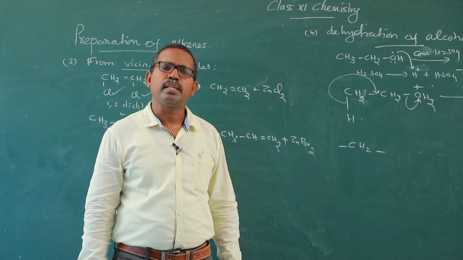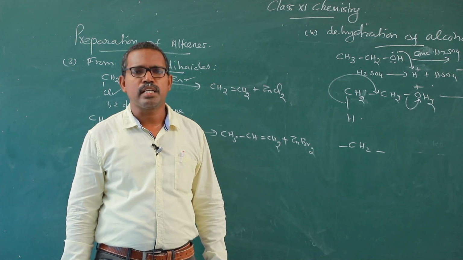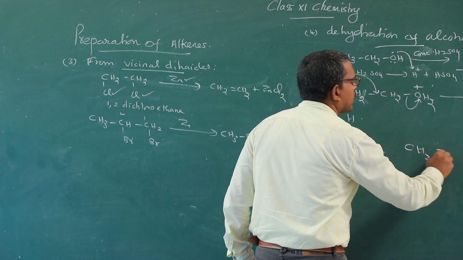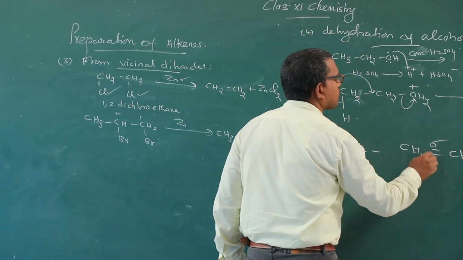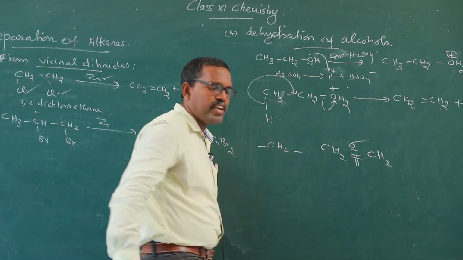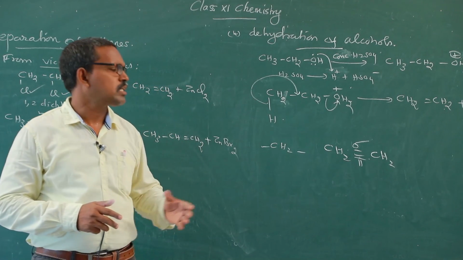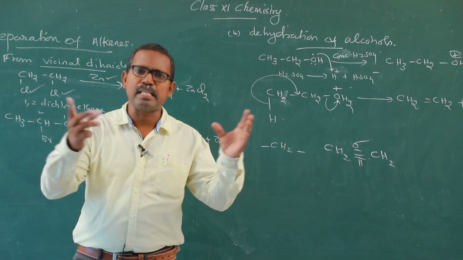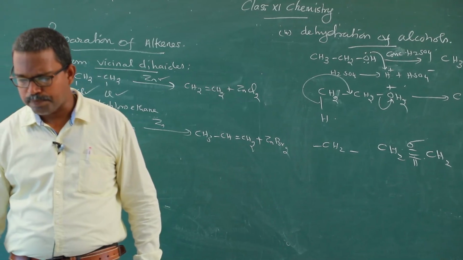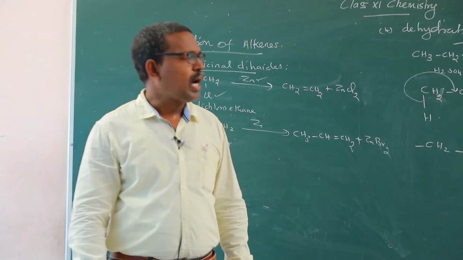Unlike alkanes, these alkenes are polar in nature because they contain a weak pi bond. This is one pi bond and another one is the sigma bond. This pi bond is weak, therefore most of the chemical reactions can be carried out with the help of the replacement of these pi bonds. Okay. So, these are some physical properties of alkenes.